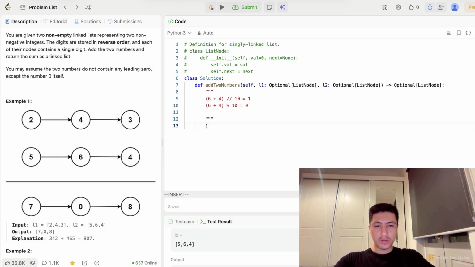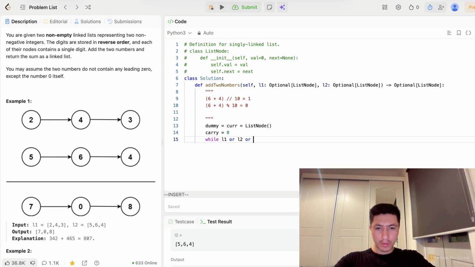So firstly, what we need to do is create a new linked list. So I'll call this dummy, and I'm also going to create a cur variable. Now remember, this is what we're going to use to traverse the new linked list. Okay, so good. Now I will say while L1 or L2, and we also need a carry variable set to